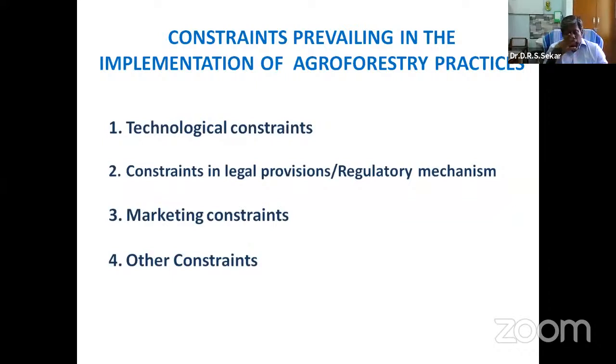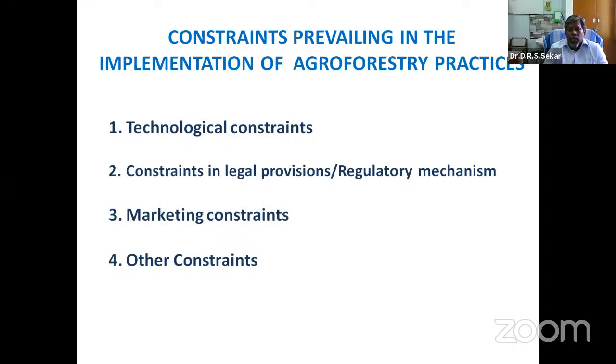And now we get into the constraints prevailing in the implementation of agroforestry practices. We have a policy in our hand. We have a long traditional approach. We have success stories. We have states which have very glorified success stories. Still, there are a lot of areas we need to address in different